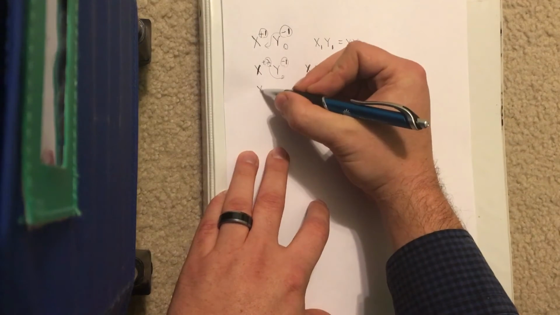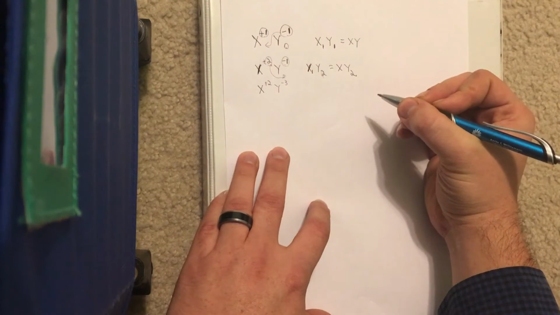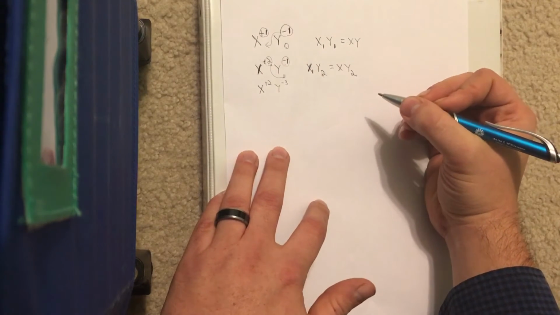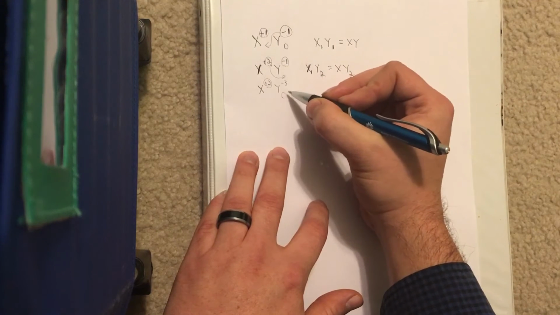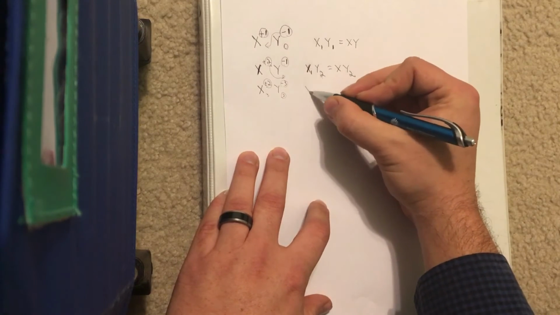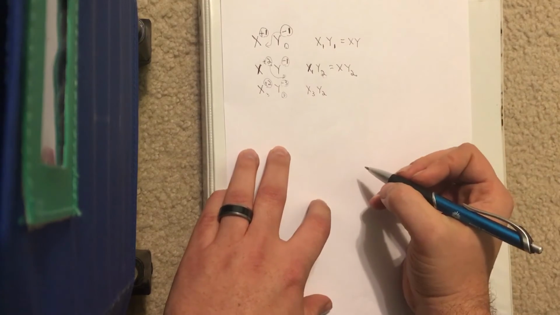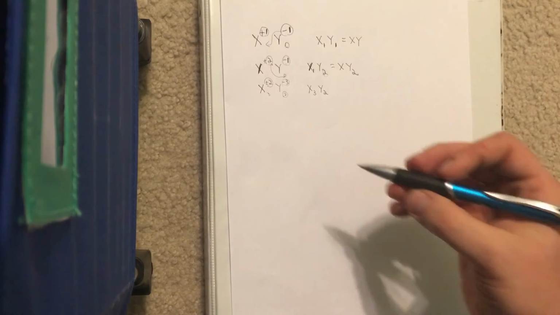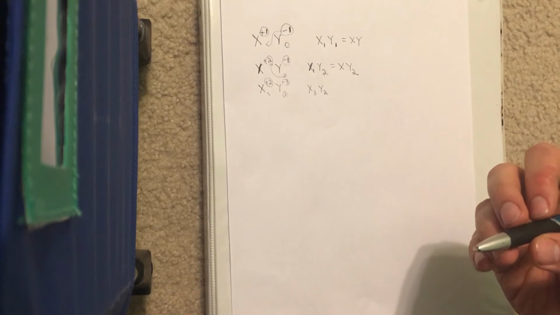Finally, let's say we have something with a +2 charge and something with a -3 charge. Dropping and swapping would predict that this 2 would be written as a subscript for Y, this 3 would be written as a subscript for X, and it would predict the chemical formula X3Y2. That is how you drop and swap. Now, let's apply it to a system. I'm teaching this to you guys because